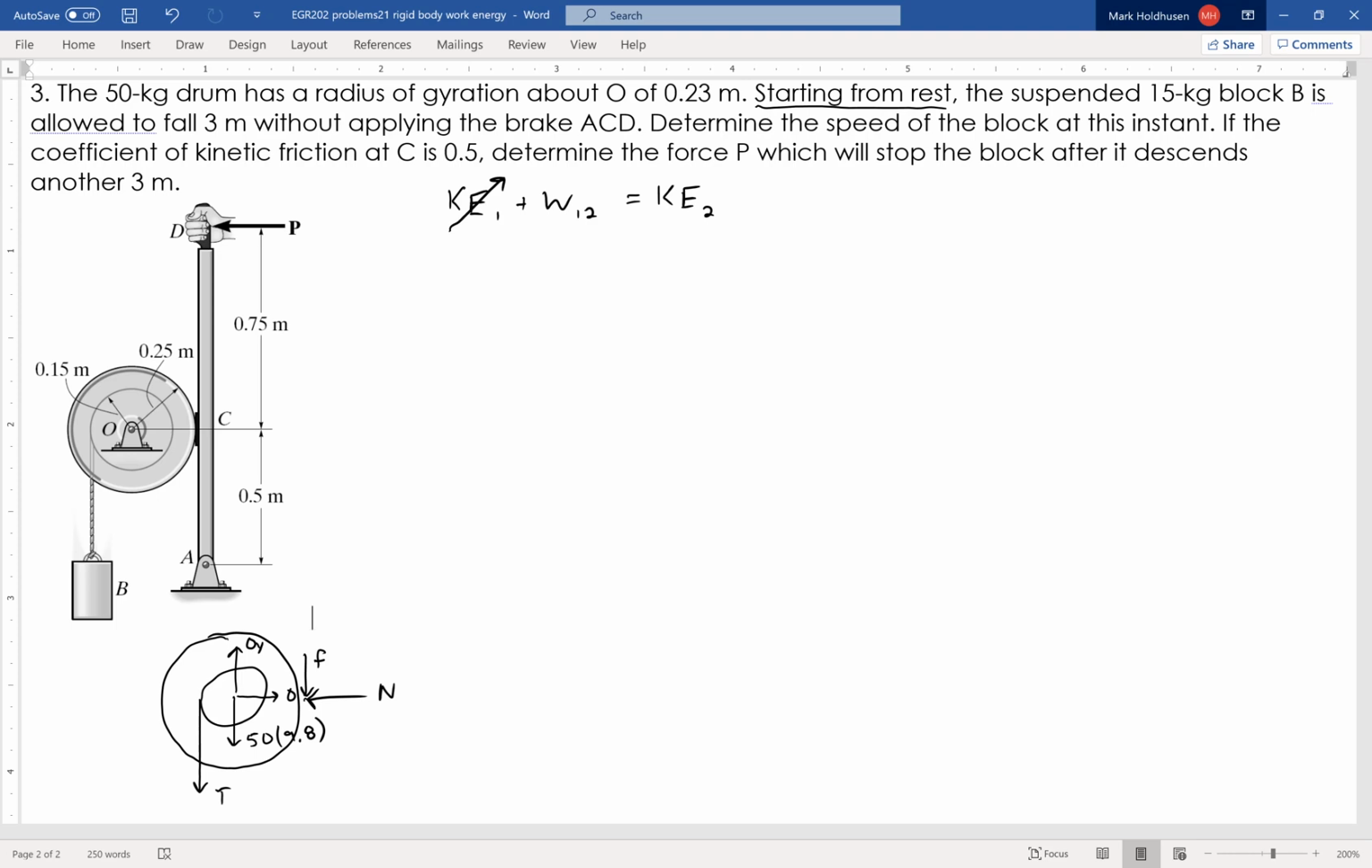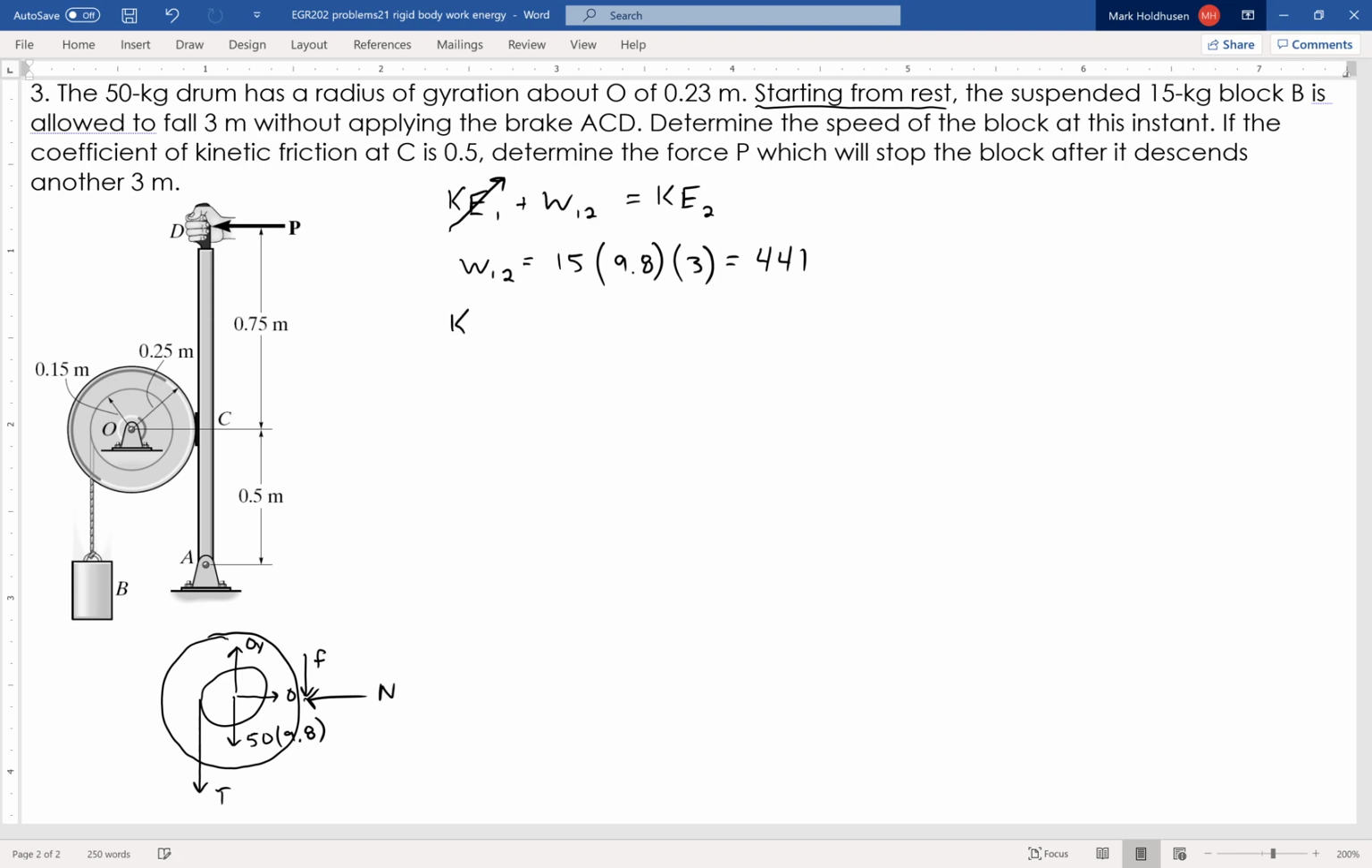Now, again, initially the only work being done is gravity, right? So that gravity is going to be basically mgh, which is going to be 15 times 9.8, and again, it falls 3 meters. So the work being done initially is 44.1, or I'm sorry, 441. Again, at this point, friction's not being applied. All of those other forces are not causing any motion. The only thing causing motion is gravity pulling down on AB, which also causes rotation of the drum,